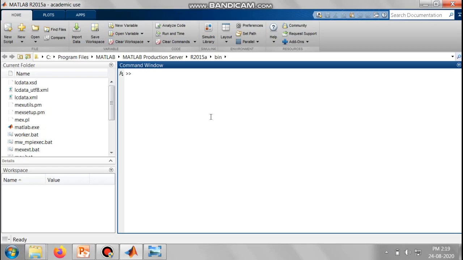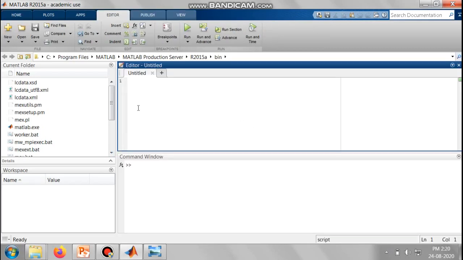Okay, so now after opening MATLAB, we have to go to New Script, where the editor window will be displayed. Now you can see the editor window has been displayed. Now here you have to start writing your program. So first step, as we know, we have to define the function. So I will define the function as f is equal to @ bracket x, bracket complete, space, and now you have to enter your equation.